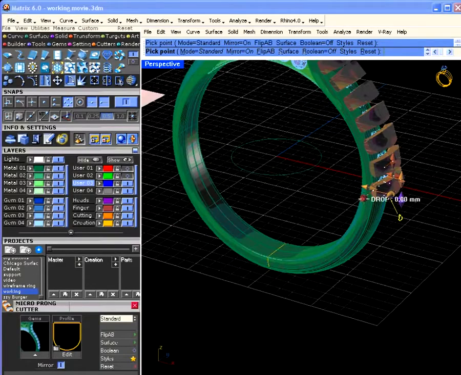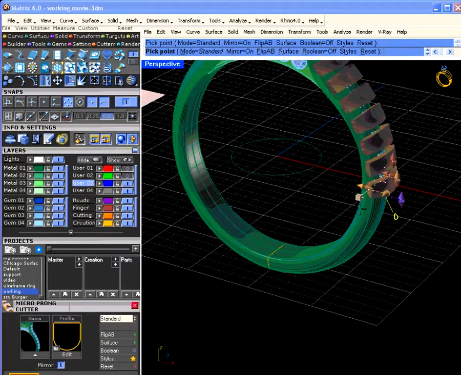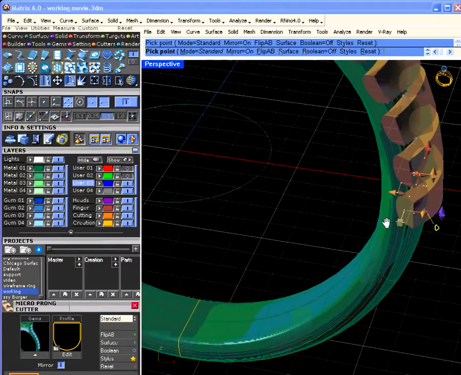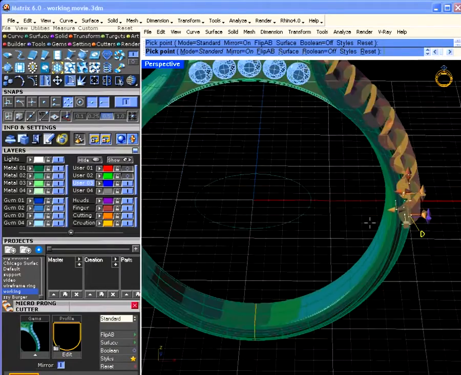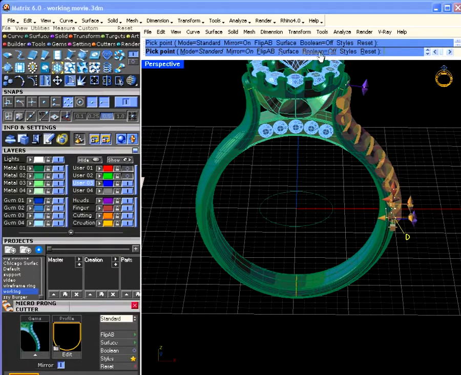Okay, and then here's our drop depth. Alright, and we can actually say Boolean on and pick the surface, which is this one,